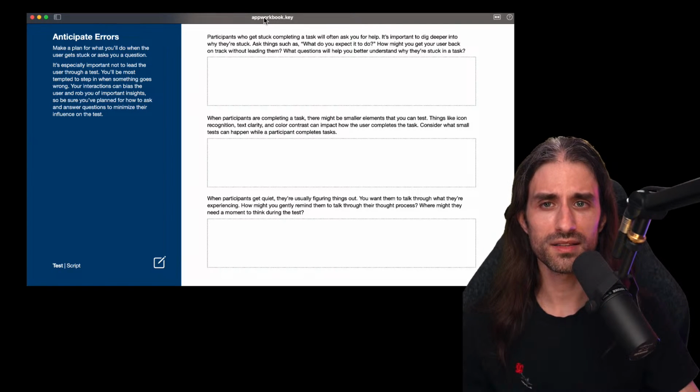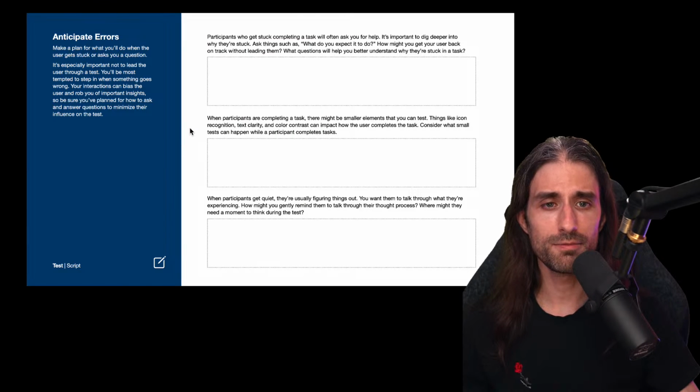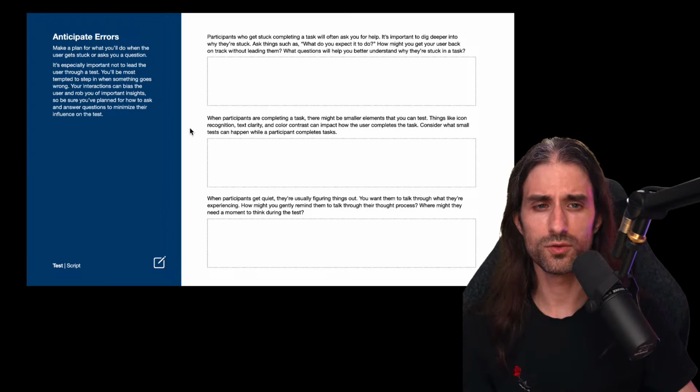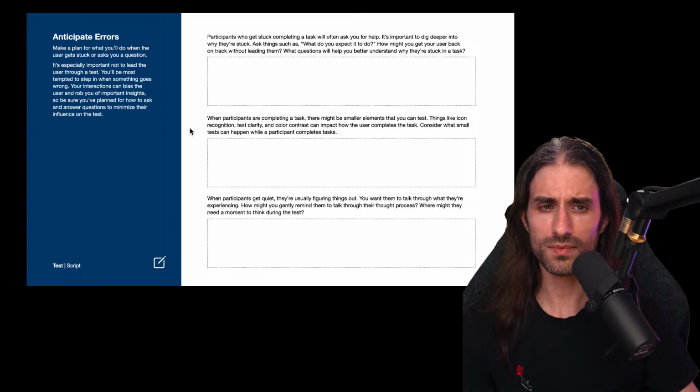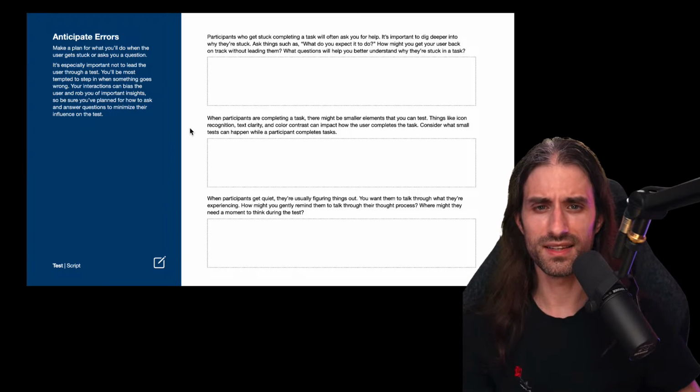When participants are completing a task, there might be smaller elements that you can test. Things like icon recognition, text clarity, and color contrast can impact how the user completes the task. Consider what small tests can happen while a participant completes a task. So, for instance, it could be like, let's say,